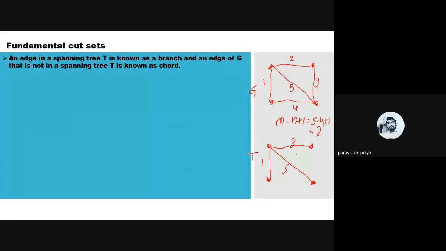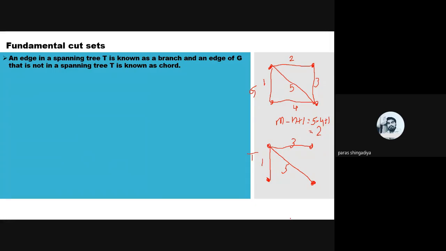We removed the 2 edges to convert this shape into the tree. So I removed edges 3 and 4, which gives the answer with 1, 2, 5 included here. So it is one tree of the graph. And we know that a spanning tree is not always unique. If you change the edge possibility, you will get another spanning tree in its place, and that will also be an answer.